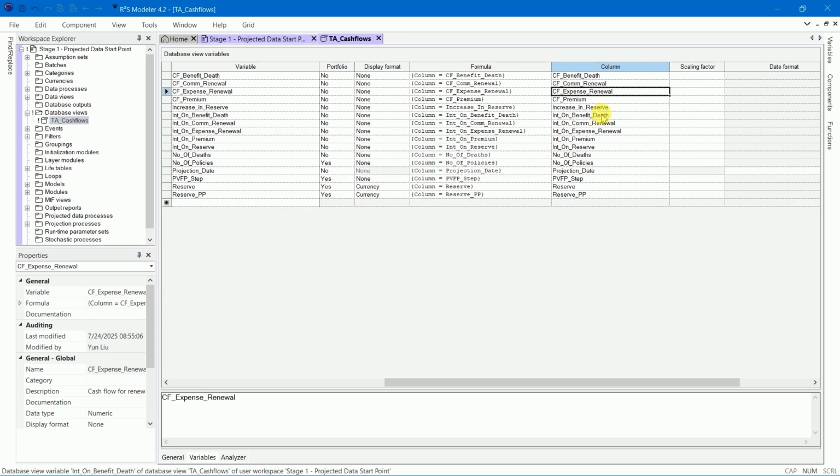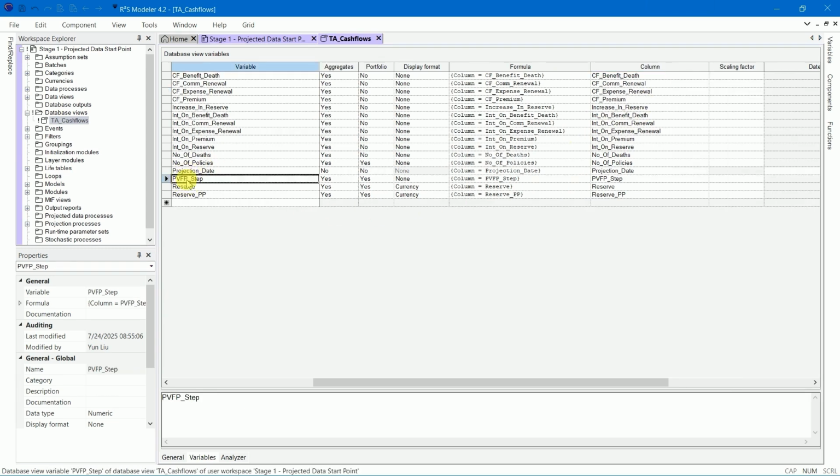For the variable PVFP step, the column name for this is PVFP. The reason behind having a different name for this will be explained when amending the code.